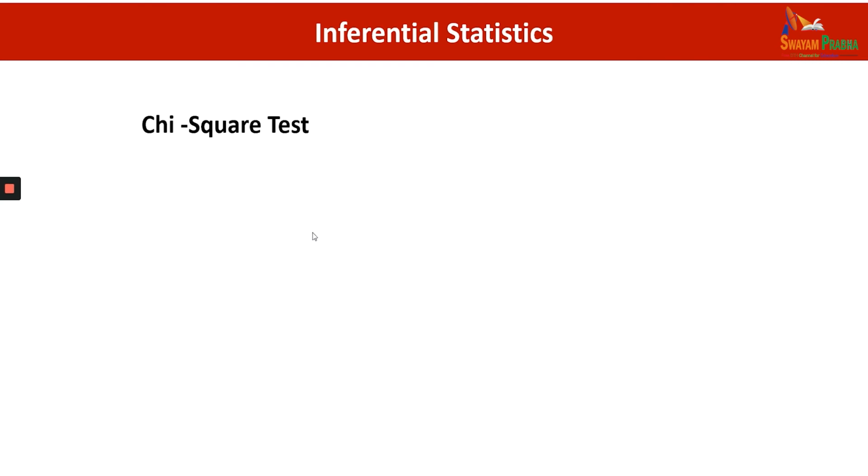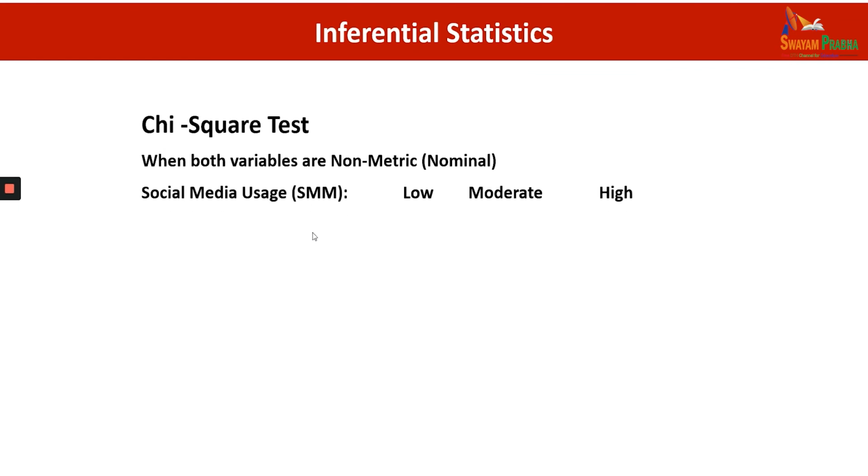Now, here it is very important where I will apply my chi-square test. In this case, first of all, you have to very carefully see what the type of your variable is. For example, in the case of chi-square, both of your variables are non-metric, or you can say both of the variables are either nominal or ordinal. I'm trying to explain it with the help of an example, then it will be more clear where to apply the chi-square test.